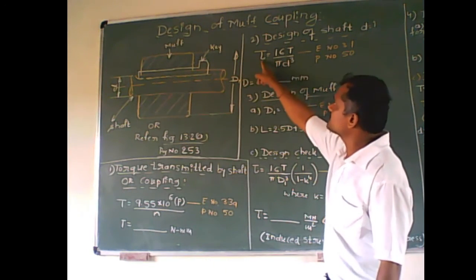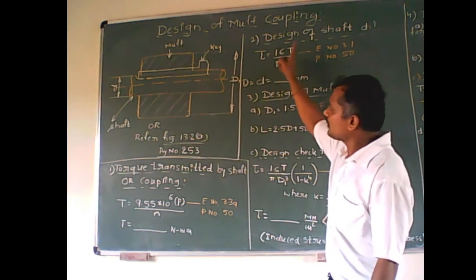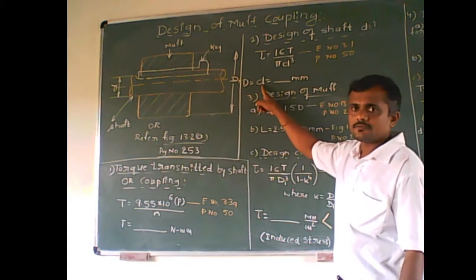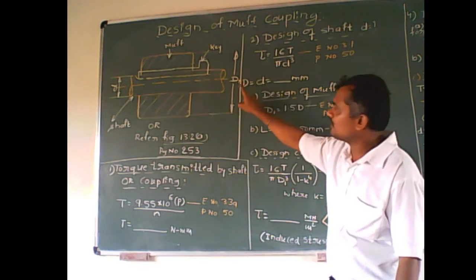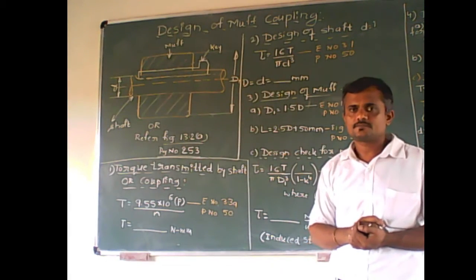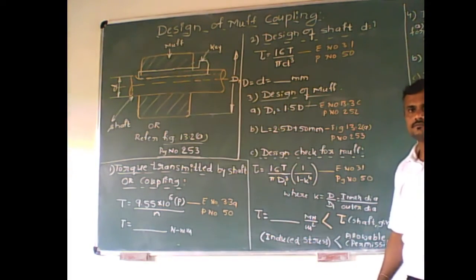You get this by substituting the value of the shear stress of the shaft and the torque obtained from this. So you are getting the value of small d, and you can consider it as capital D. Why? Because when you refer to this figure, capital D is taken as the diameter of a shaft. So you are getting the diameter in mm.